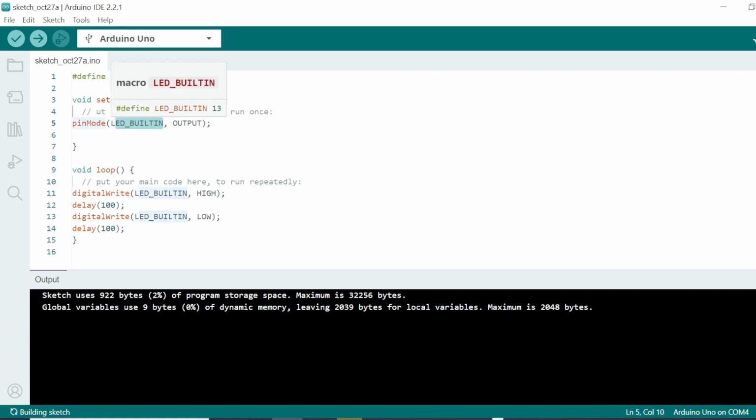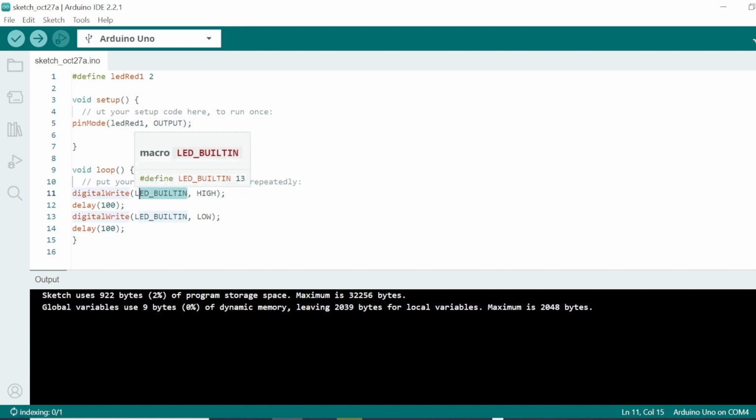Okay, the second step, we change LED_BUILTIN so it uses the variable LED red 1. That way, logically, our LED will still function as before, but with a different schematic path because we are now using a breadboard. Then just compile or upload it again.